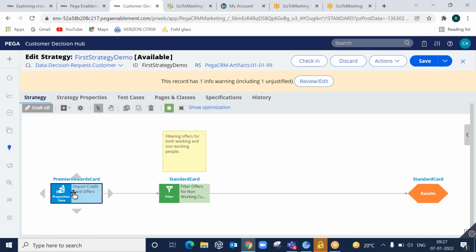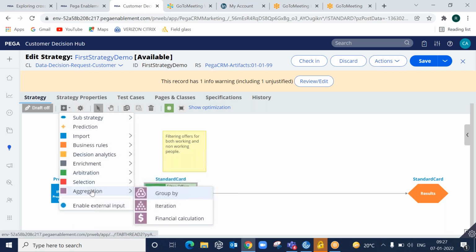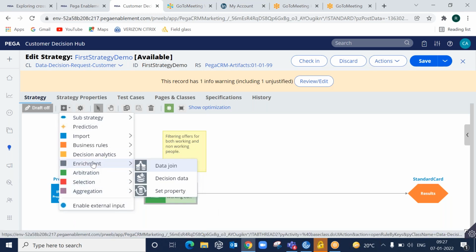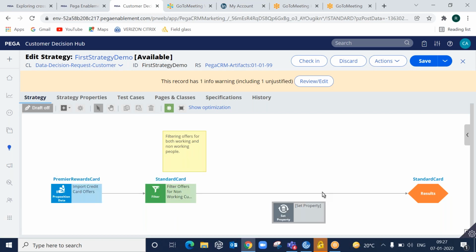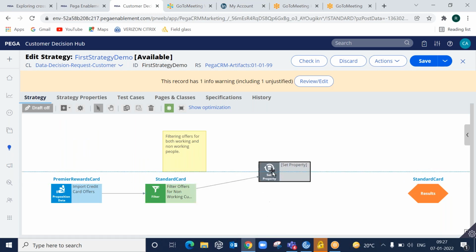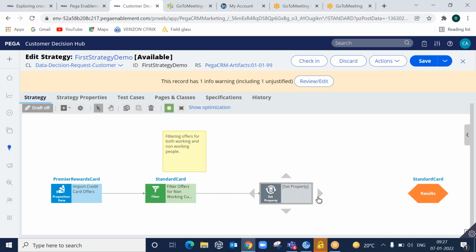Next, let us see the set property, which is also a basic one. So I'll just use enrichment, set property, add the set property. Set property is like your property set, which is used to set custom values to the strategy results.